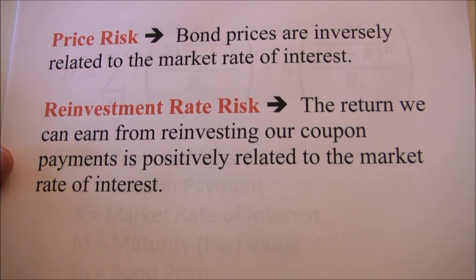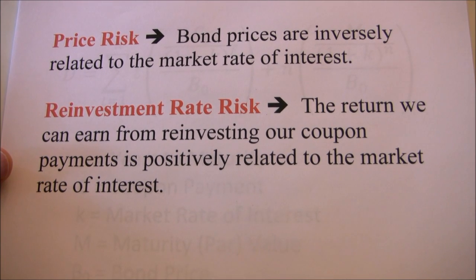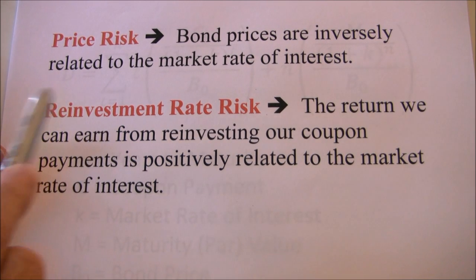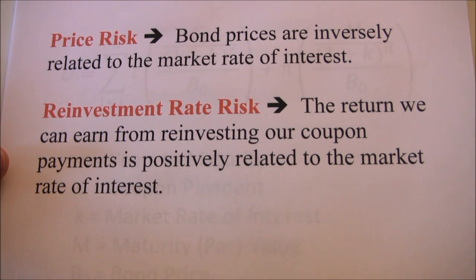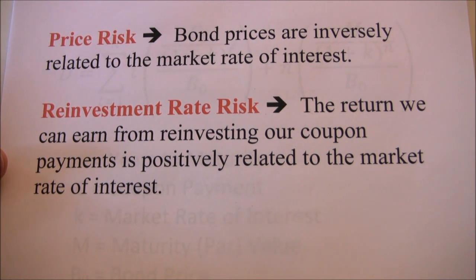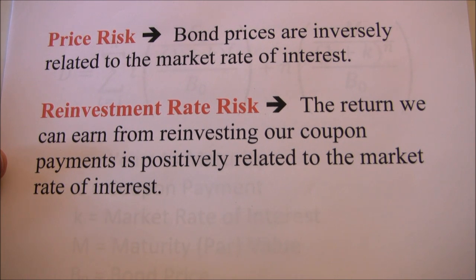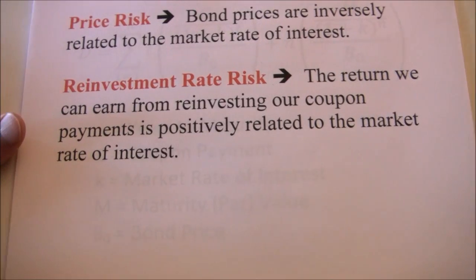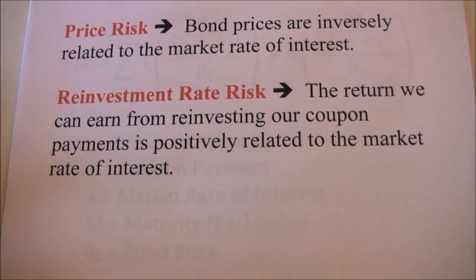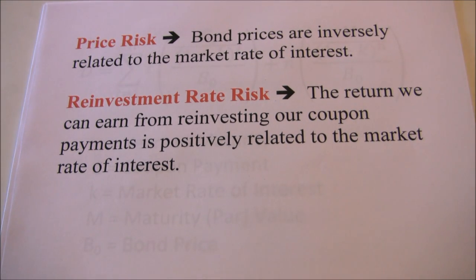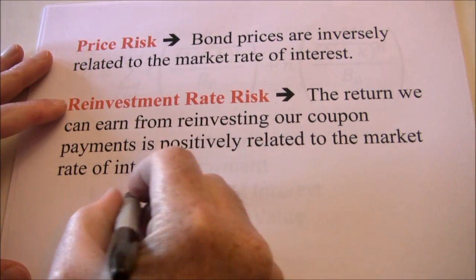However, if you're going to hold your bond until maturity, you might be more concerned with the reinvestment rate risk. Remember, if interest rates go up, you're going to receive a coupon payment every 6 months or every year, depending on if the bond's semi-annual or annual coupon, and you might decide to reinvest that coupon payment. Instead of going out and spending it, you might reinvest it for a longer term, and if interest rates have gone up, you'll be able to earn a higher rate of return on that investment. So when we look at interest rate changes, there's actually two separate things going on here, price risk and reinvestment risk. Let's look at an example